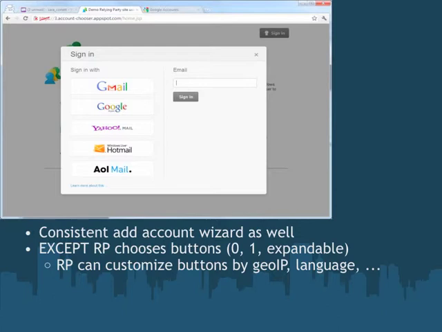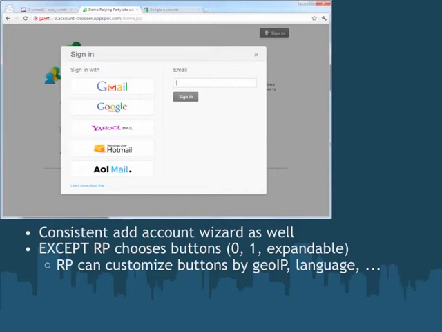There's one very important area where the consistency is not required, and that's the list of buttons on the left. Every single website gets to choose what buttons are on the left. They could have no buttons if they wanted. It could have one button, or it could even do fancy things like look at the IP address of the user, do a geo lookup on it, and maybe find out the user is coming from Russia, in which case maybe it doesn't have an AOL button, it has a mail.ru button that's really popular in that country, or if they're coming from Germany, a web.de button, etc.